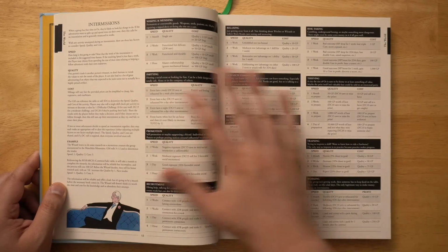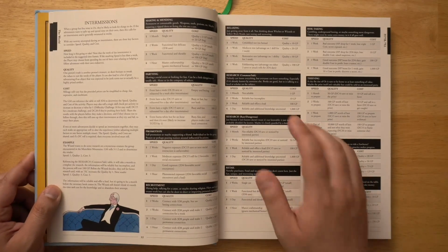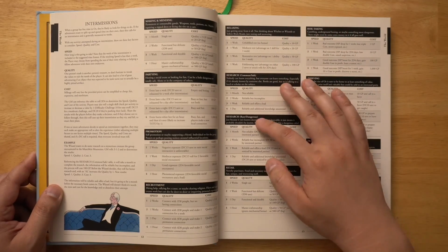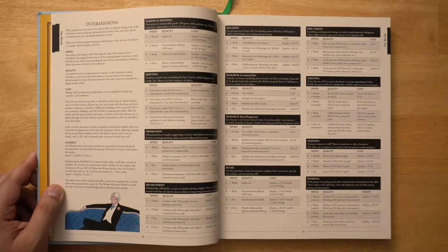We have a section on intermissions here. Intermissions are basically downtime. And there's a whole bunch of different activities you can do, like mending, partying, promotions, recruitments, relaxing, research, more research for more dangerous stuff, retail, risk-taking, thieving, training, and working, each of which has a little